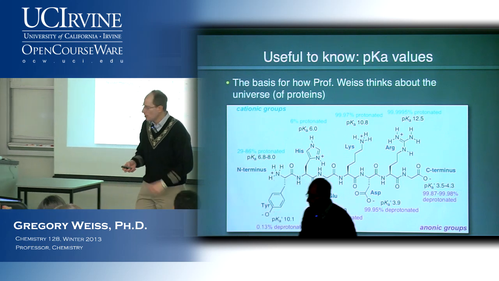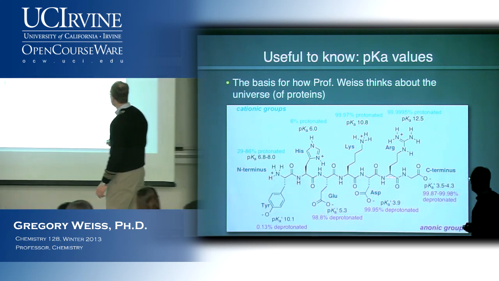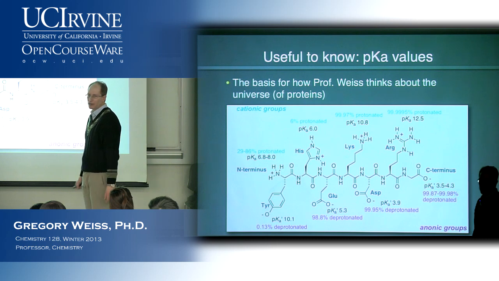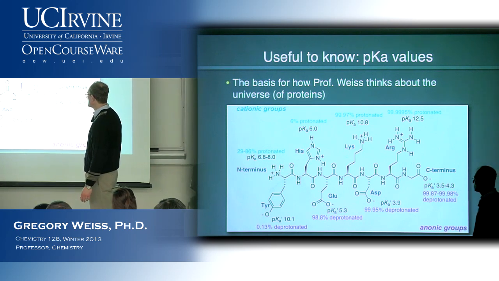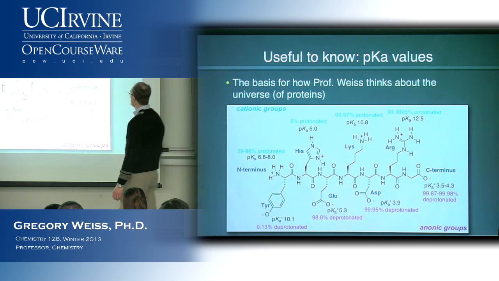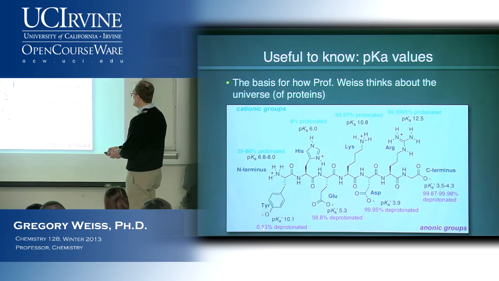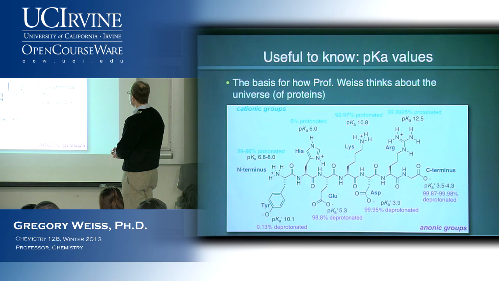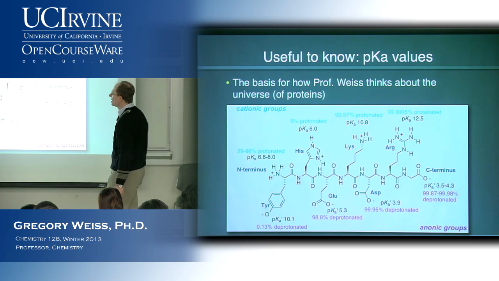You should know, for example, that when a peptide like this one is dunked in pH 7 water, which is obviously neutral, here's what we would expect. Okay, we'd expect to see these carboxylates deprotonated. We'd expect this tyrosine to be protonated. It's only 0.313% deprotonated at this pH, etc. Okay, so the C terminus is going to be deprotonated. The N terminus will be protonated at this pH.